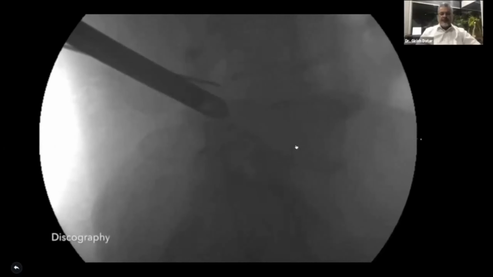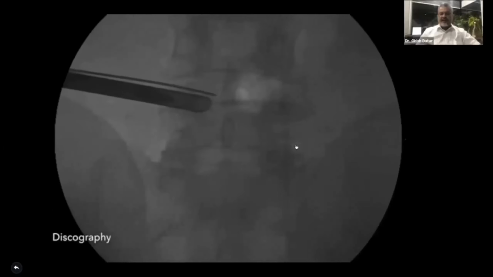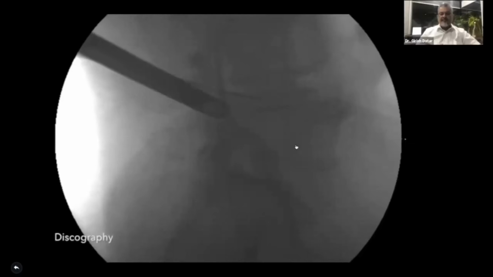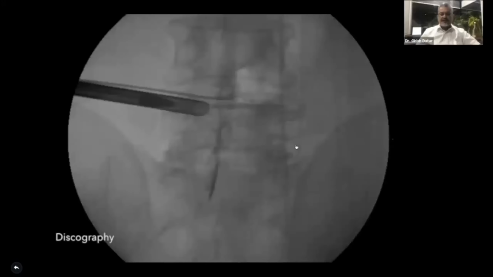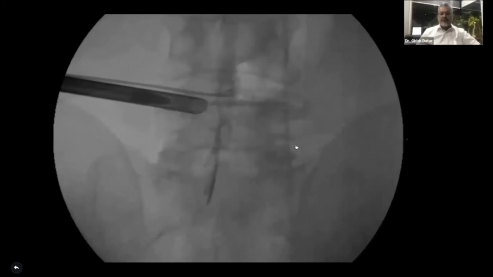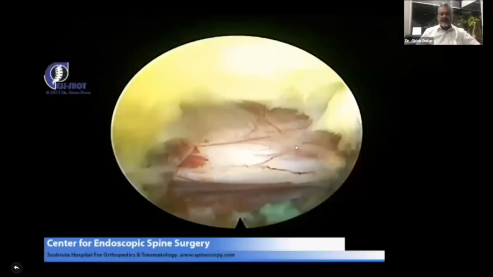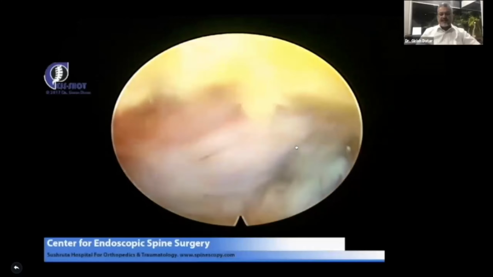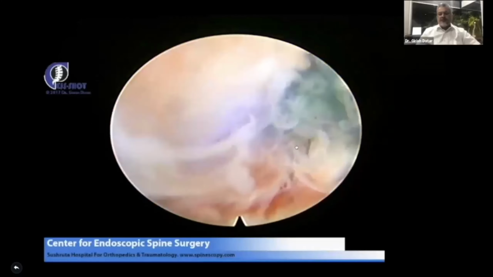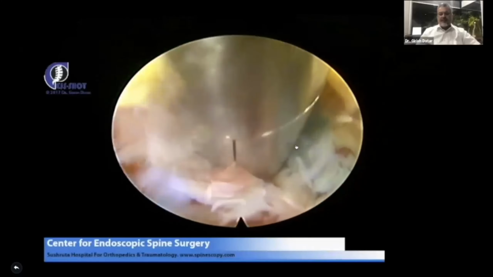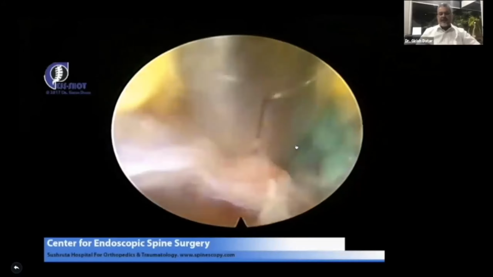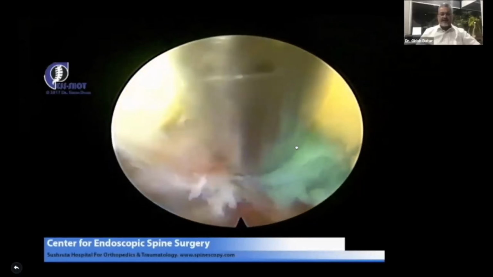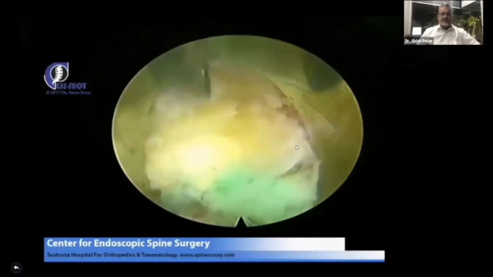Now, parallelly, you would do a discography because I'm directly in the epidural space. If I'm able to do a chromatodiscography, I will be able to stain the herniation. It will be good for me to locate it and to fish it out completely. After removal of some part of the ligamentum flavum, I can see some blue stuff. Using the tang of the endoscope, I'm retracting the traversing root a little bit and gradually trying to tease the herniation out so that it comes out.